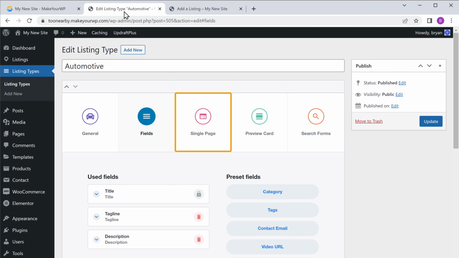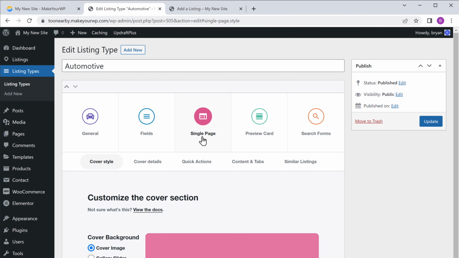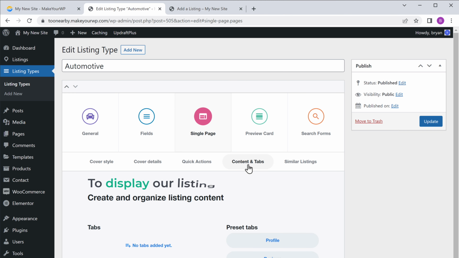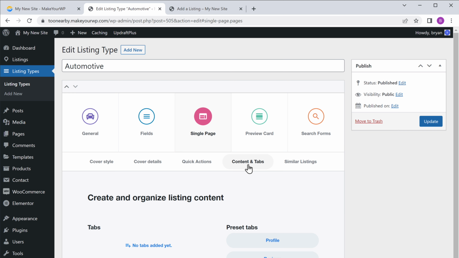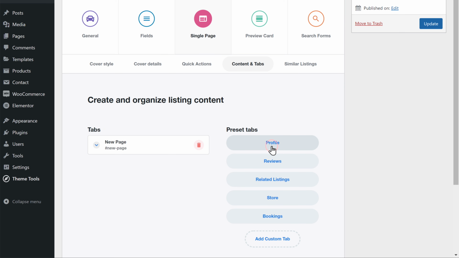Now go to single page and click content and tabs. Now to display our listing details, we need to create a profile for our listing and add the details there. So to do that, just click profile and it will be added to your listing page. Now just click on it